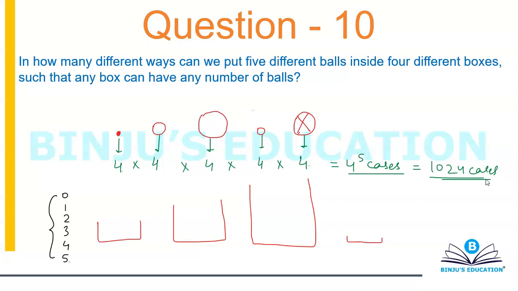So again, the point is, you know how to do 4 into 4 into 4. That's not something new. The point is, how do you approach a question? That matters in PNC. You could have also done this like 4C1, 4C1. So using C, using P, and using the counting method, that's not a big thing. Where students actually lack is understanding how to solve a question of PNC. The problem is not C and P. You all know what C and P are. That's not something new for me to teach you. But my concern is you need to understand how to approach a particular problem. That's the real thing.